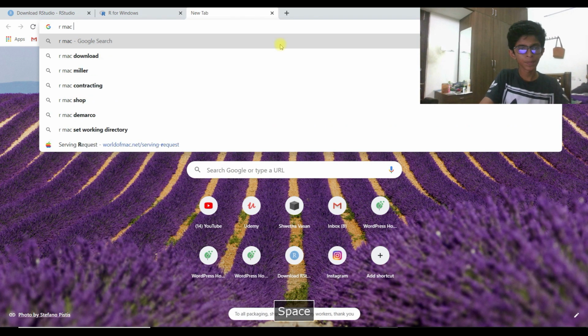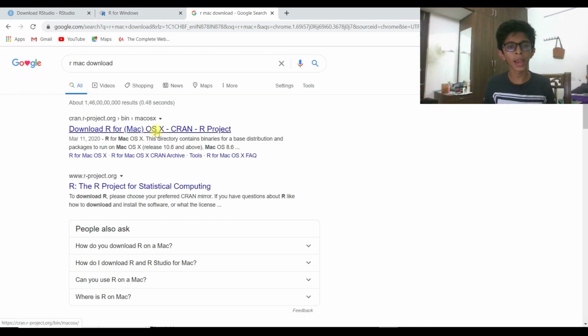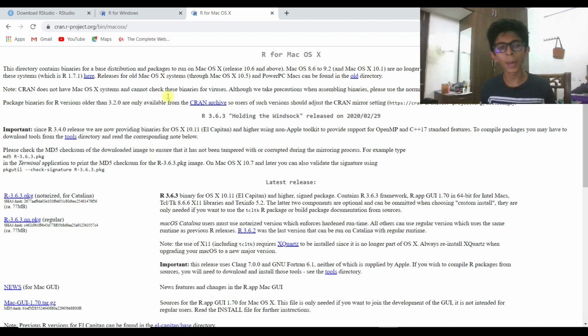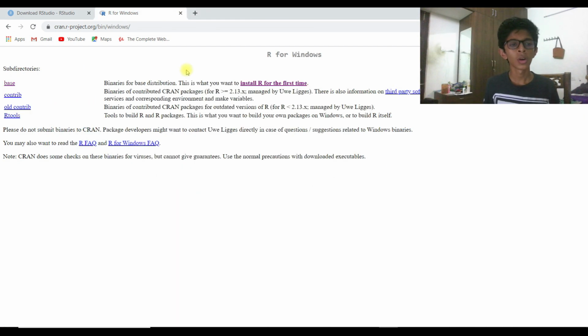Actually both have the same website, cran.r-project.org, but here the OS differs. For Mac OS it's a different process, in binaries for distribution.